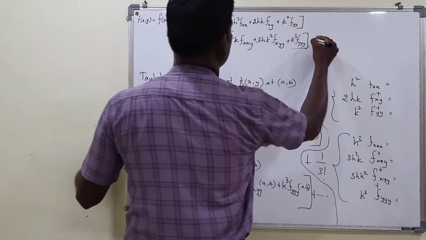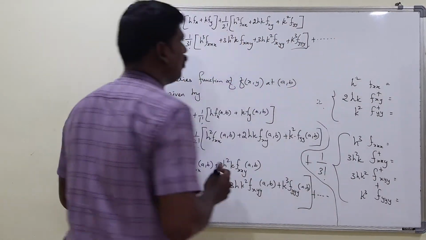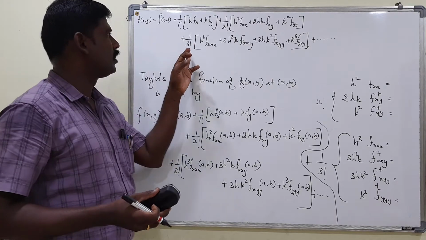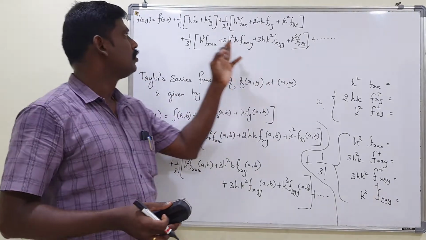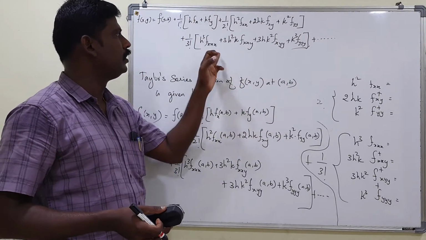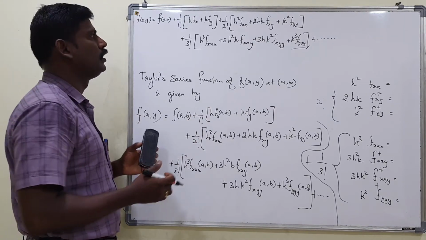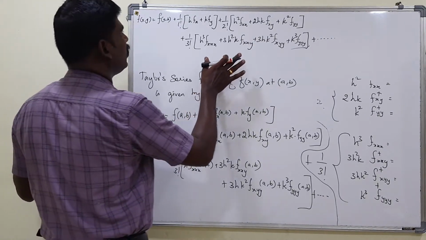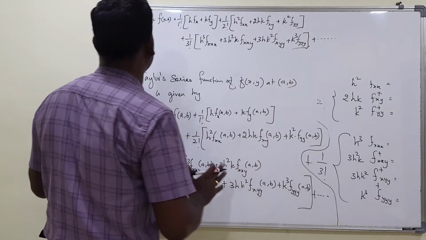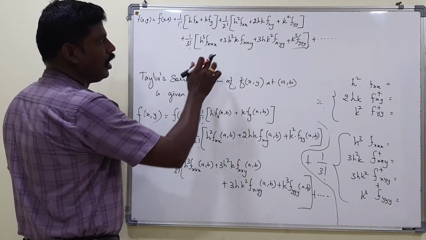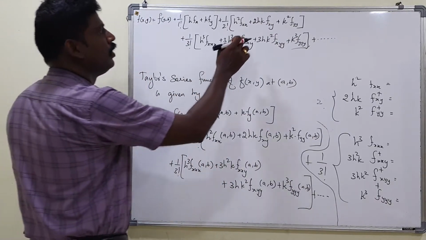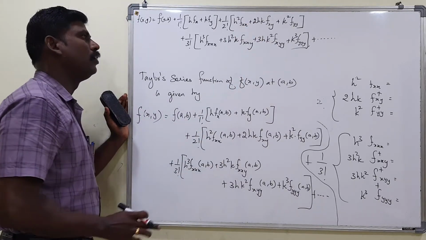Right? Plus dot. So almost we find the Taylor series function up to the third degree. So this is first degree, second degree, and third degree equation. Third degree term. So generally we write up to third degree terms alone. So in your problem also they ask up to third degree. Sometimes maybe they may ask up to second degree terms.